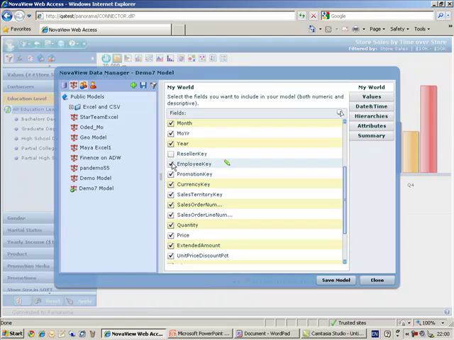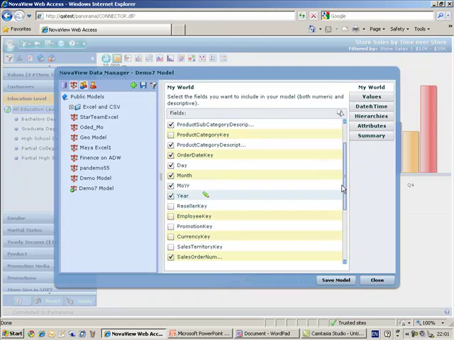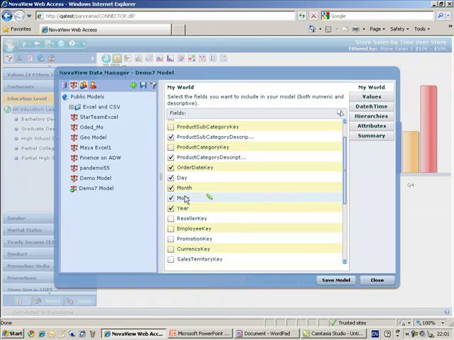Another thing I can do in this step is give my fields more reasonable, user-friendly names instead of very technical, sometimes database names. So here this field, for example, would be month of the year,